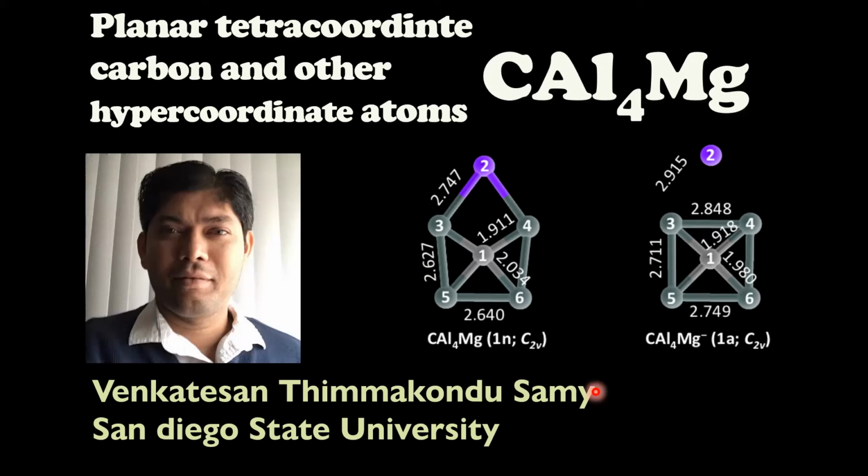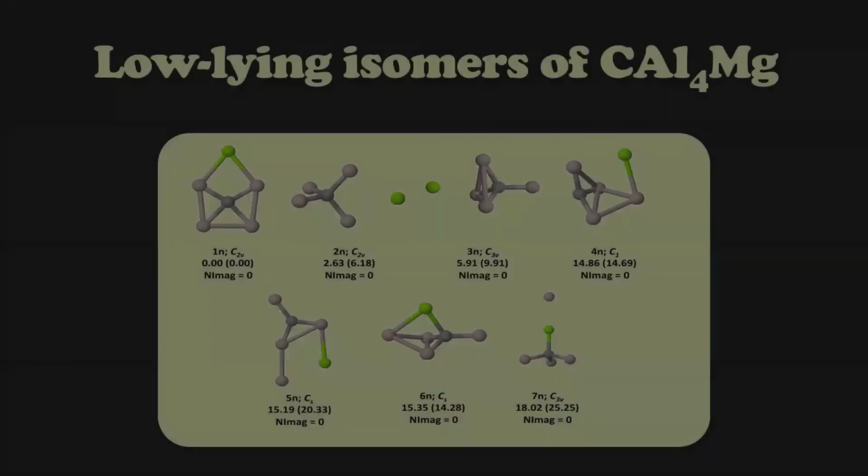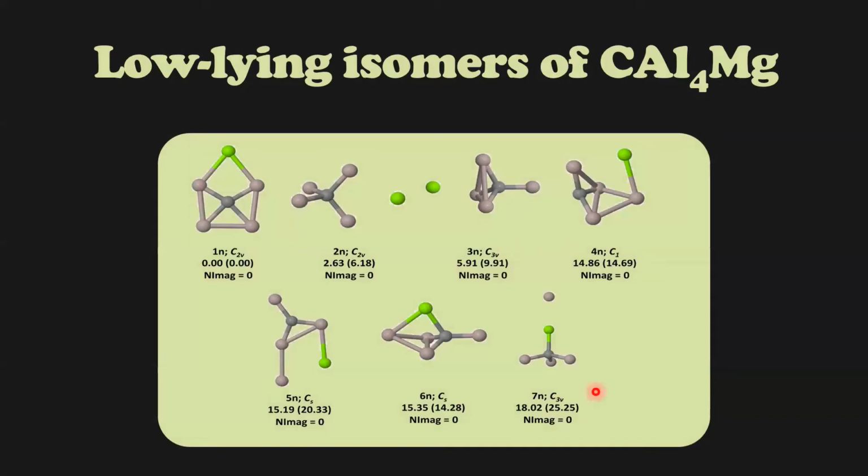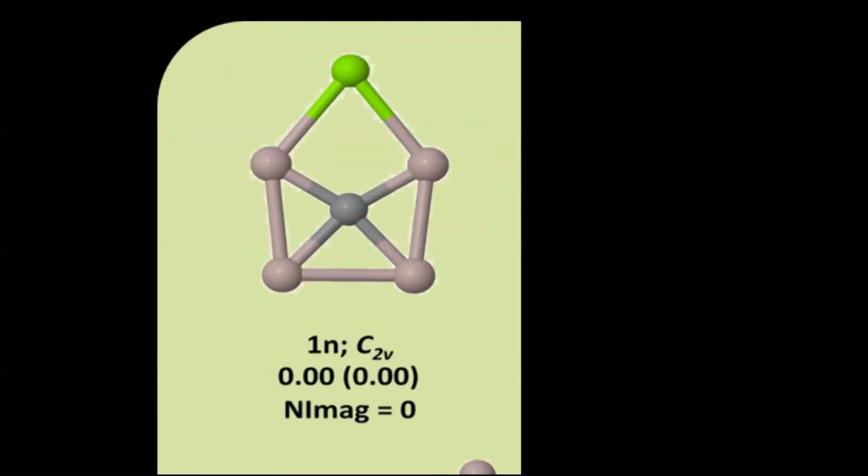And he had calculated this structure, but there is always the question: is it the global minima? Did I miss the global minima? Is there any structure which is better than this? One way to avoid this is to try a global minima search. So we searched for the global minima using our procedure, and these are the minima that we got.